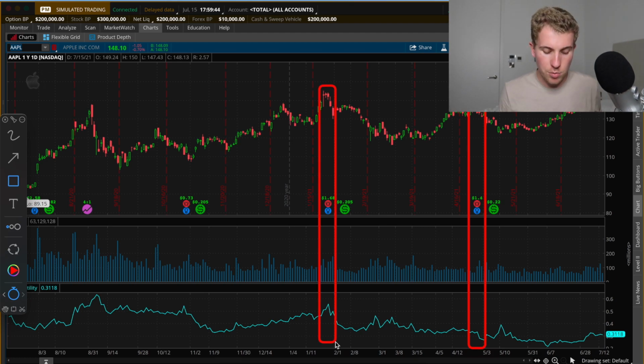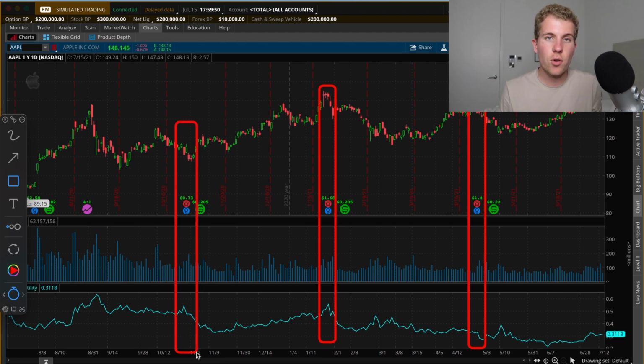Once again, if we look at the previous one, you see the implied volatility dropping, or once again here you can see that it's dropping after. It's basically always dropping after the earning announcement. And even if it doesn't come right away, it is going to come, let's say during the day or maybe the day after, but there is always this IV crush that is going to happen, or let's say almost.